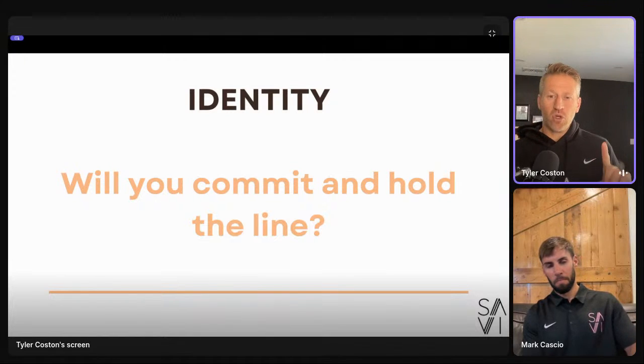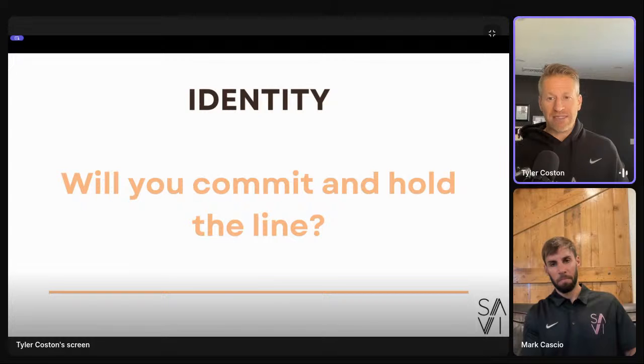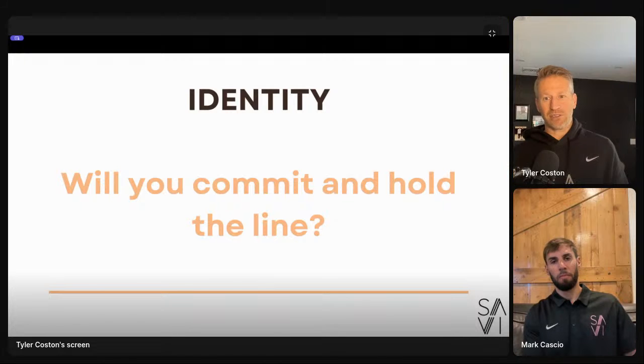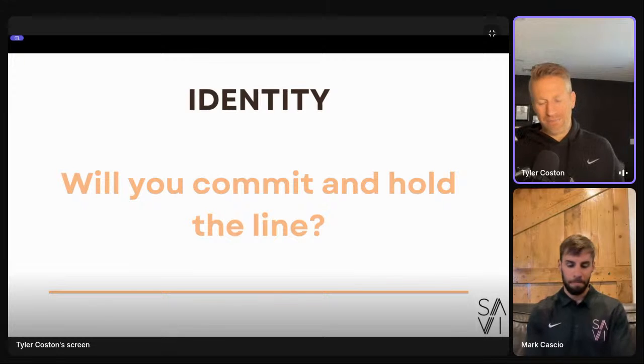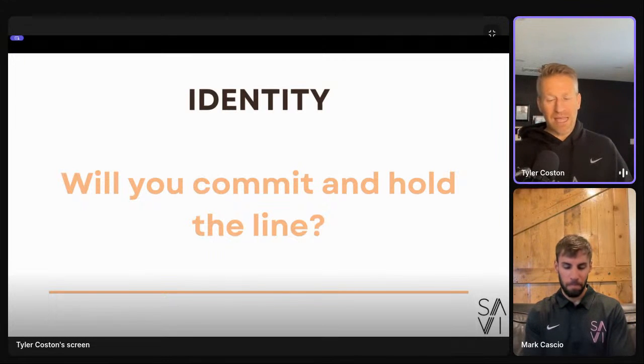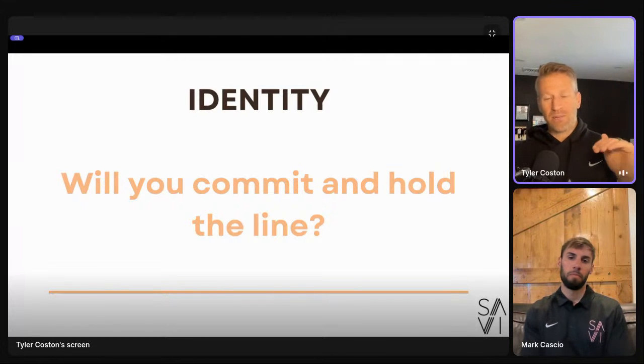Oftentimes, we coach who they are. And that's actually one of the worst ways to help a player develop, by speaking to who they are. You don't shoot it very well yet. You don't make quick enough decisions. You dribble too much. We play off balance at the rim. You're out of control. You don't have good spacing, right? All of those are red bike statements. Red bike statements, regardless of context, keep players where they are.